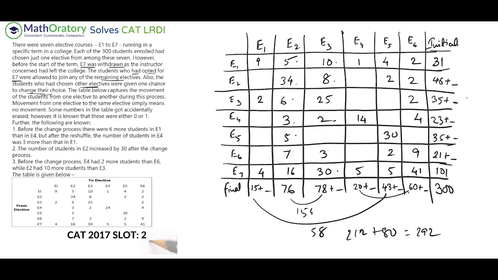And if we check the same thing, just to verify whether I made the total correctly or not, 31 and 35 is 66. Then what other number do we have? Nothing. So let's say 46 and 23 and 21. So 21 and 23 is 44. And 44 and 46 is 90. So this adds up to 90. And then you have 35 and 101, which is 136. So 136 and 66 is 202, and 90, 292. Yeah. So that is matching. So basically no mistakes in the totals. So what we have is 292 already.